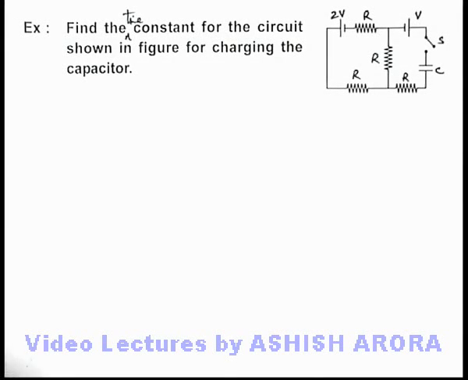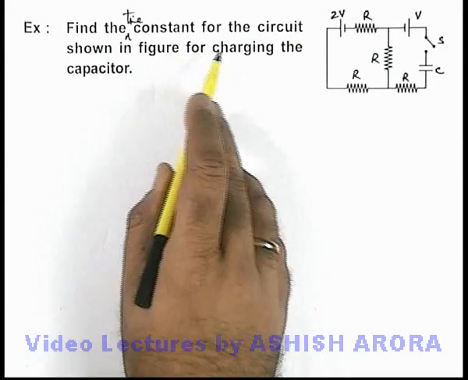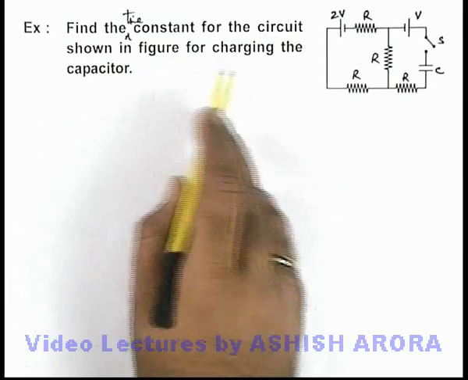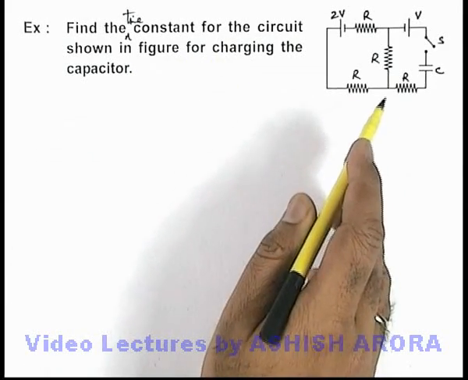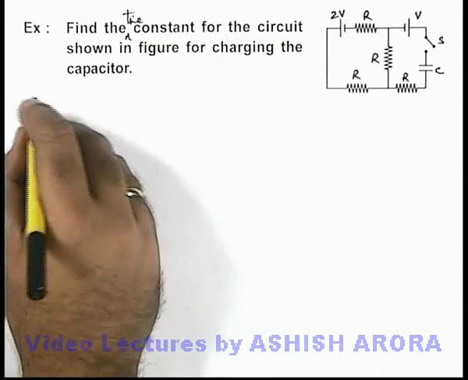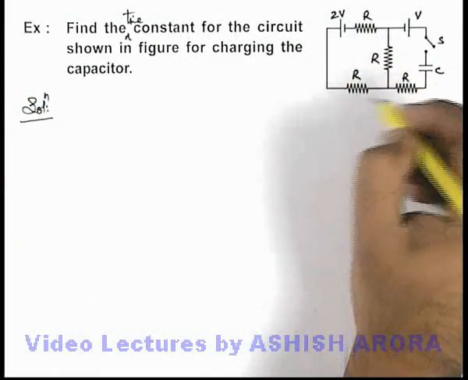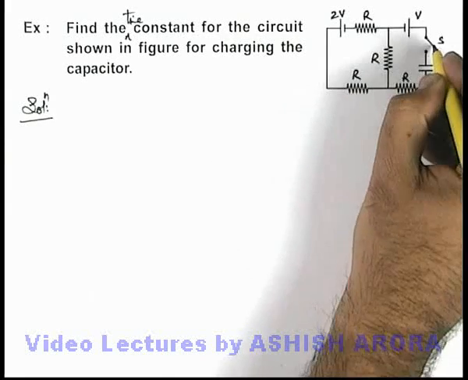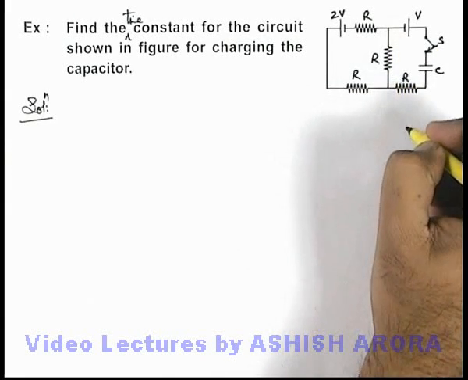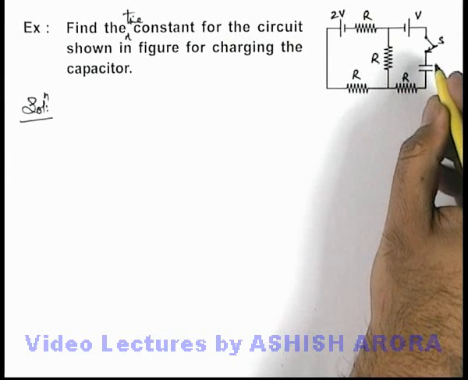In this example, we are required to find the time constant for the circuit shown in figure for charging of this capacitor when we close down the switch. Here you can see that in the circuit we are given 2 batteries and 4 resistances. If we close down the switch, a current will flow through the capacitor and that will be responsible for charging